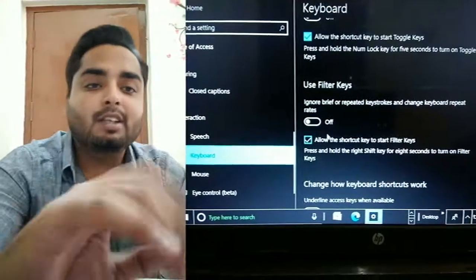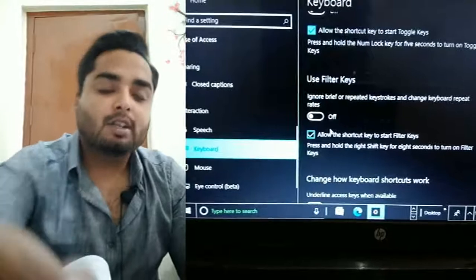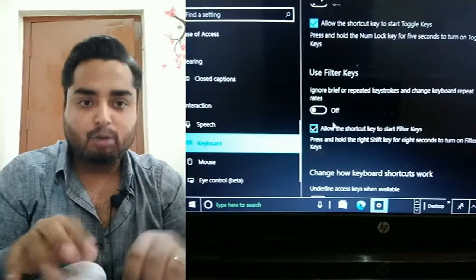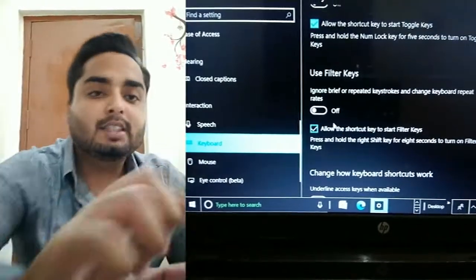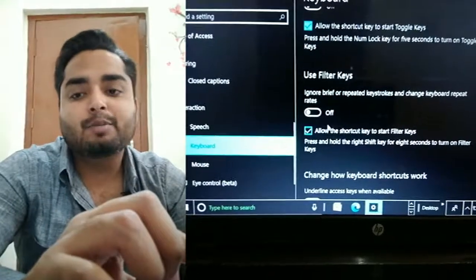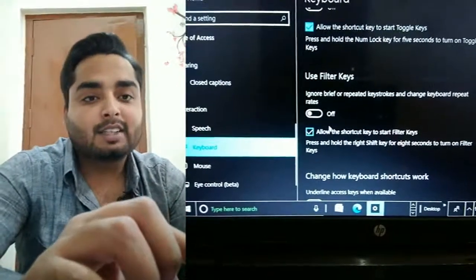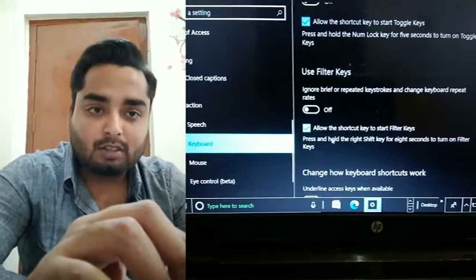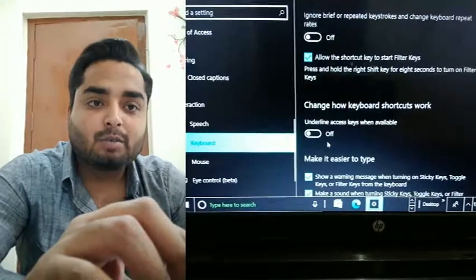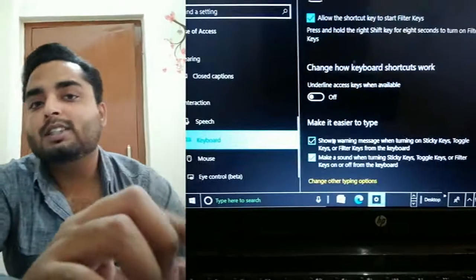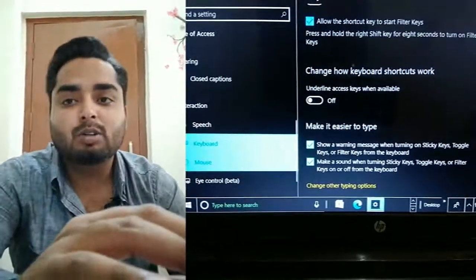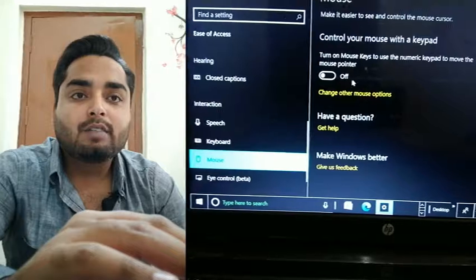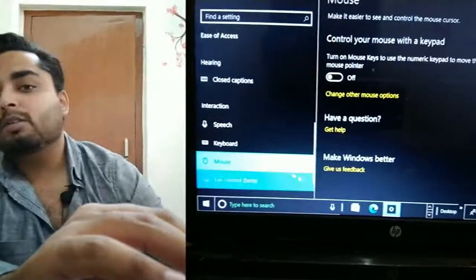That means if a physically or motor impaired person has a problem with repeatedly clicking a particular key, this option helps by registering only one keystroke each time the person uses the key. For keyboard shortcuts, we can use them easily and also customize them. In the mouse option, we can use the mouse pointer, and we can choose different types of mouse pointers.